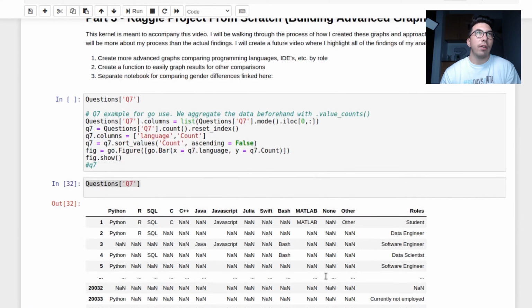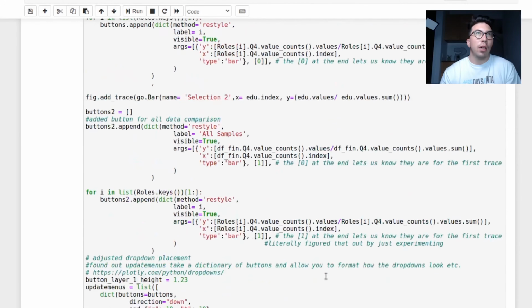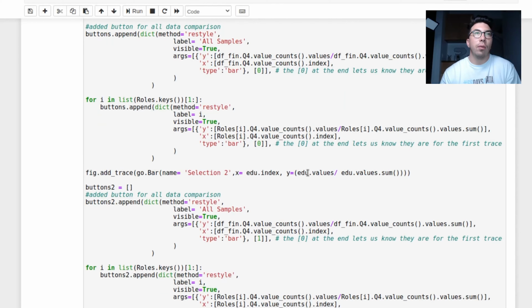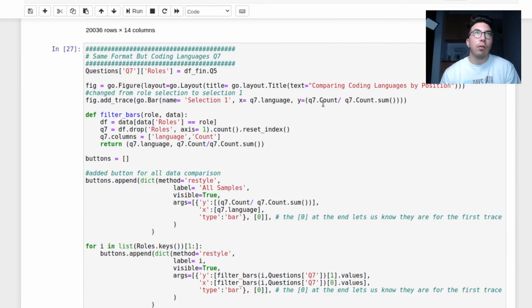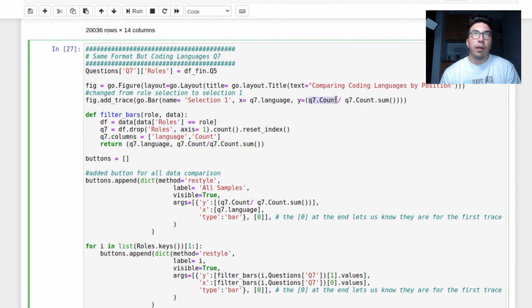So instead of having, what was it up here? Instead of having edu and putting this in, we're going to have Q7 languages in there. All right, so we're going to go through, we're going to replace Q7 language here, Q7 count